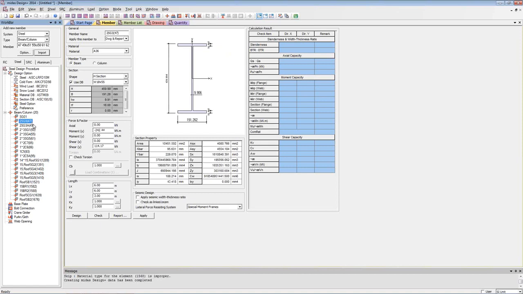This is the member number 47, 49, 50, 55, 61. So you can easily identify which member I am designing. Now here I can either change the material or manipulate the design according to my wishes. If I want to check for torsion also, you can do that. So I'll just click on design,